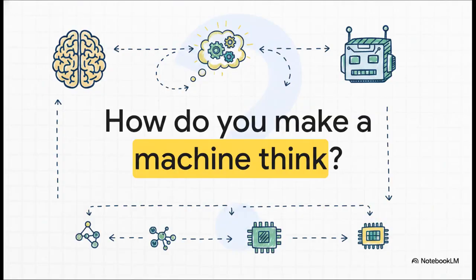Think about this for a second. How do you actually make a machine think? Seriously, this isn't just some coding puzzle. It's literally the core philosophical question that's been driving computer scientists crazy for decades. Do we try to build a mechanical brain that perfectly mimics human biology, or do we just focus on getting the right answer at the end? It's a question that completely changes how you build an intelligent system.